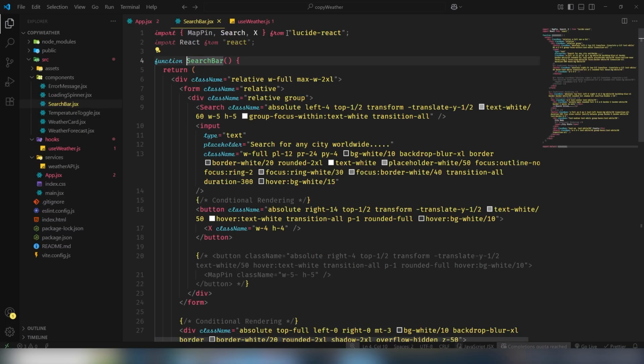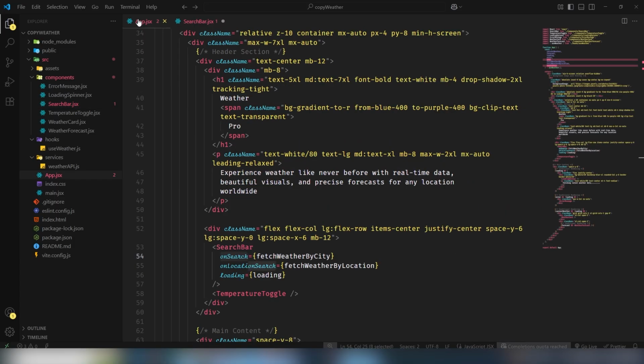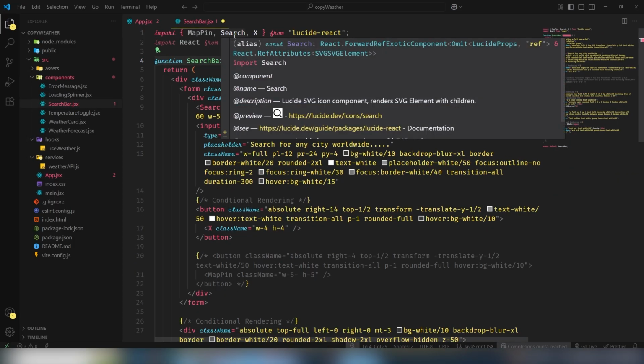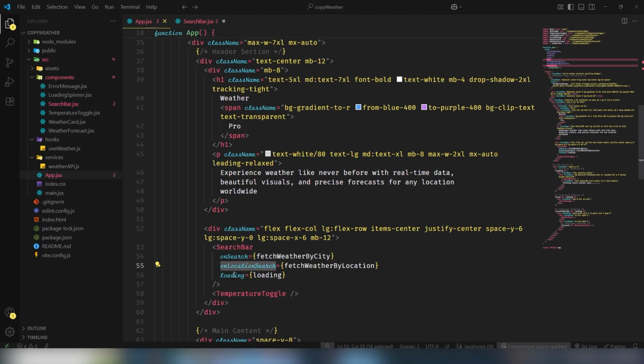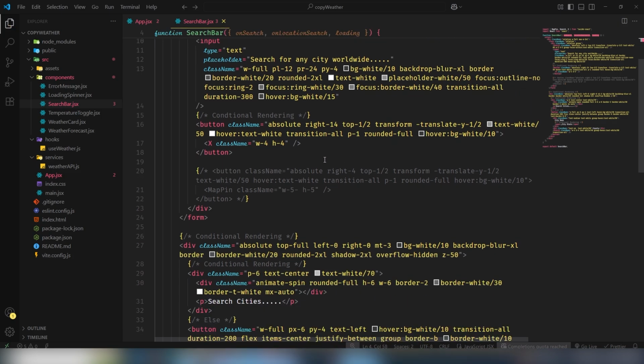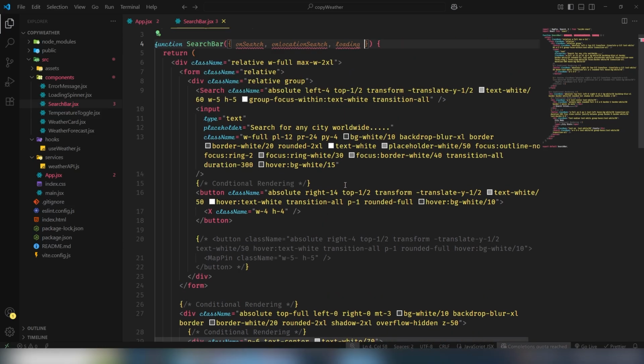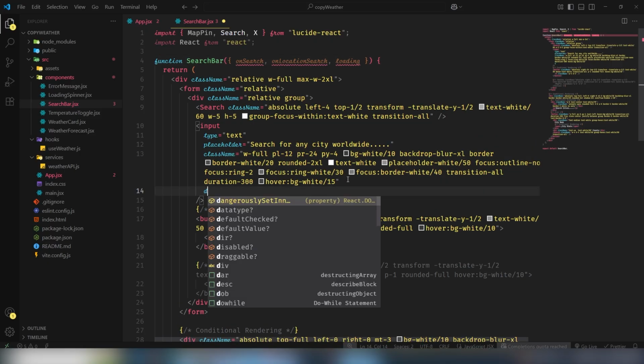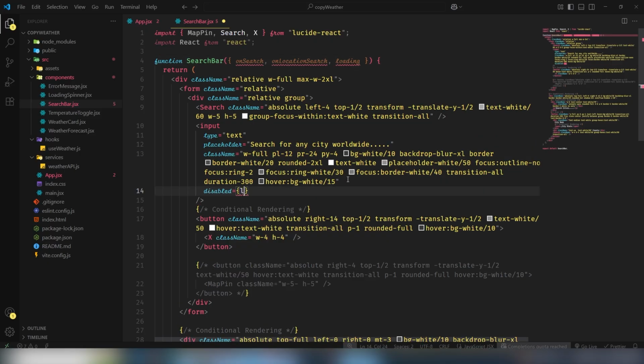So I'm going to open that, and in the search bar you need to destructure them. So let me copy one by one: onSearch there, and onLocationSearch, and also we're going to get the loading. So let's see what I need to fix to display the particular component, right? First of all, I'm going to use disabled on loading,